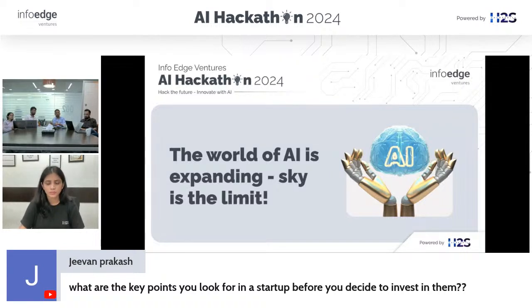I think broadly these three things, and of course there are nuances depending on the stage of the product and business that we are evaluating. If it's at a prototype stage, then we'll tend to answer some of these questions in a more qualitative manner. If the business has been running for a few years, then we'll tend to look at certain financial metrics and see if all of this is translating into real revenues, real profits, etc.